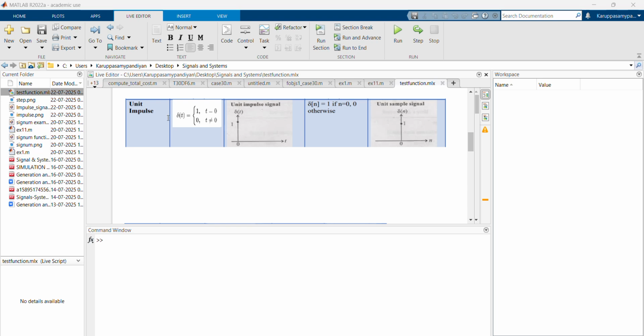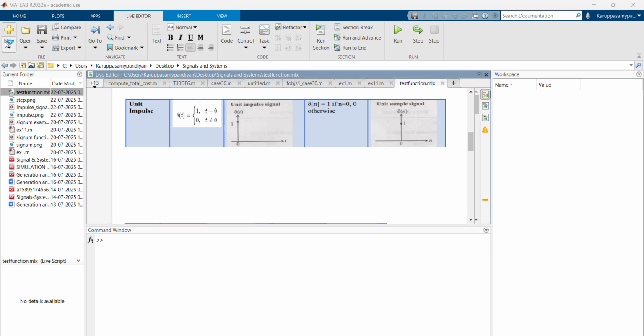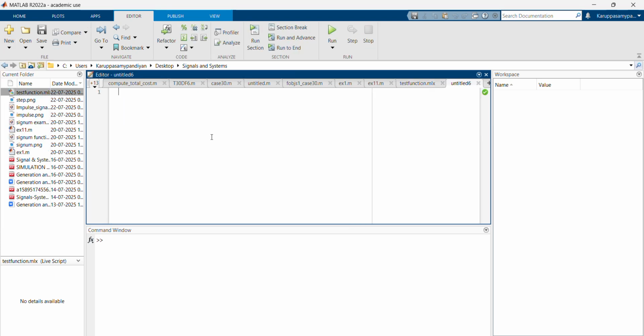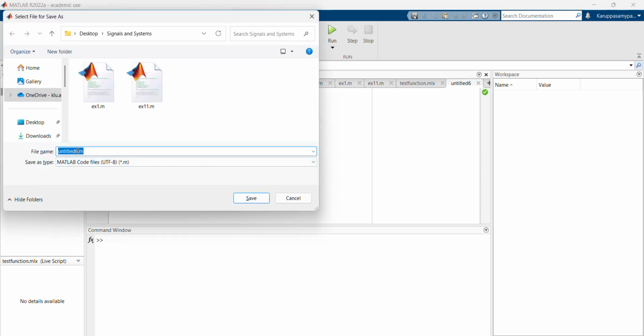So first you just create a new script. For that, click new and click script. This is going to create a new window where we are going to develop our program. First you save this file by either clicking the save option or Ctrl S, and now just name your file. I'm going to name my file as, let's say, impulse signal,